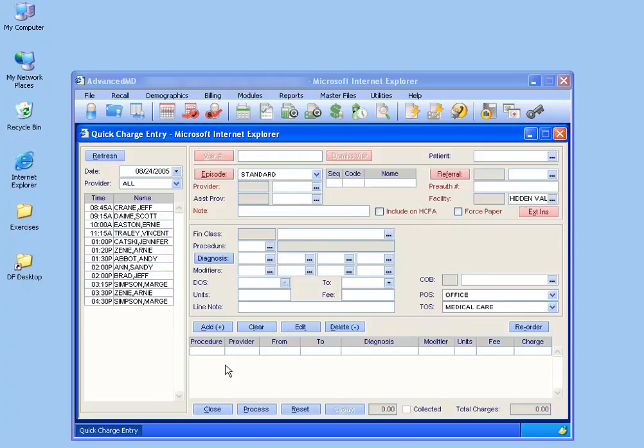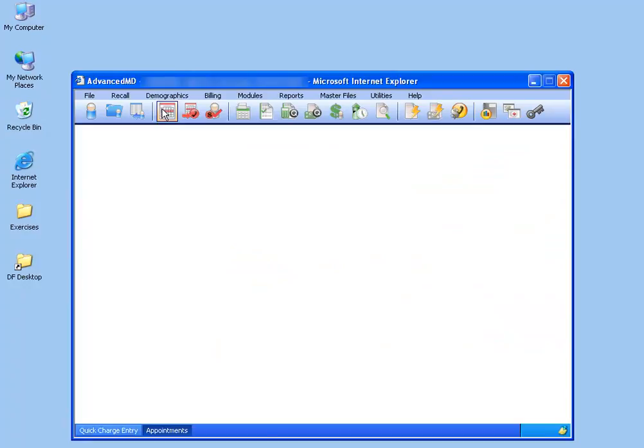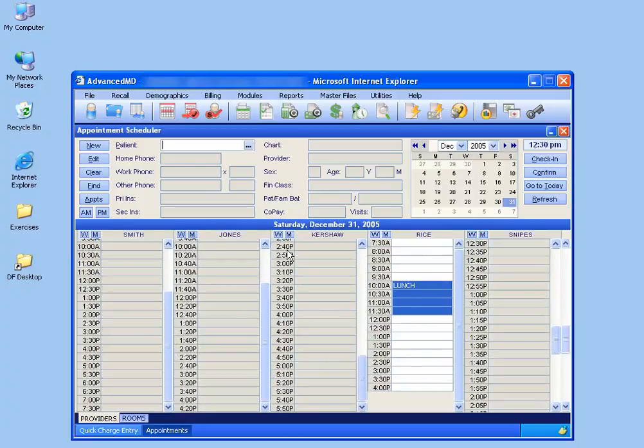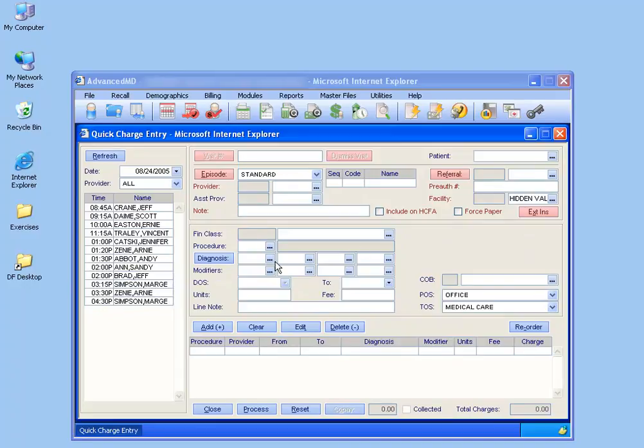Now, some offices that are new to Advanced MD like to migrate or bring over all their charges into Advanced MD for patients they've seen in the past on their previous billing software. To do so, you can schedule them all in the past in the scheduler up at the top by clicking on the scheduler button, which could take a long time to get them scheduled for months and months ago when you didn't have Advanced MD, or better yet, enter the patient information in